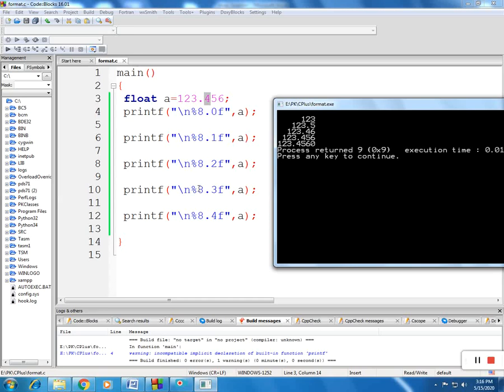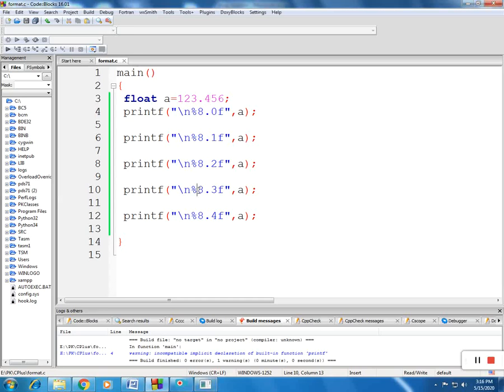This says that on the whole 8 places, take 3 decimal places from the right side. This says from the whole 8 places, take 2 decimal digits. This says from the whole 8 places, take only 1 decimal digit.